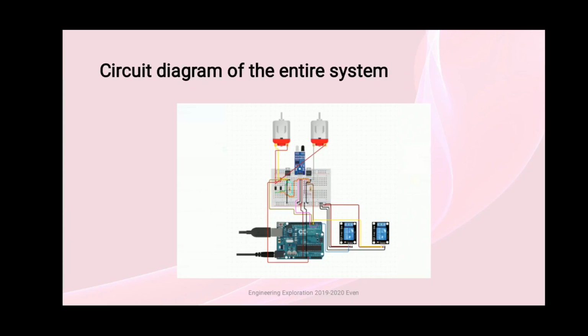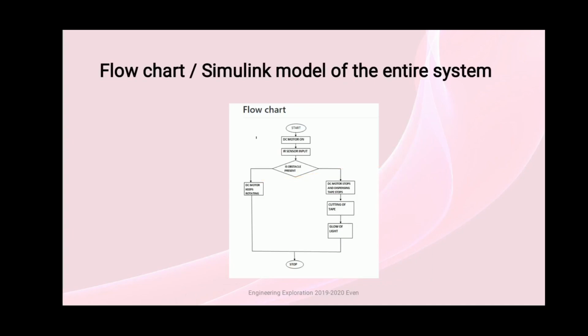Now coming to the flowchart. The flowchart of the entire system is as follows: when we give power supply to the entire system, it will start, and the IR sensor senses the tape. Then we give input from the Arduino board, and the DC motor turns on and starts rotating, and the tape starts dispensing. It stops for a while, and the second motor turns on and cutting of the tape takes place. When it is done, a light glows and the process repeats